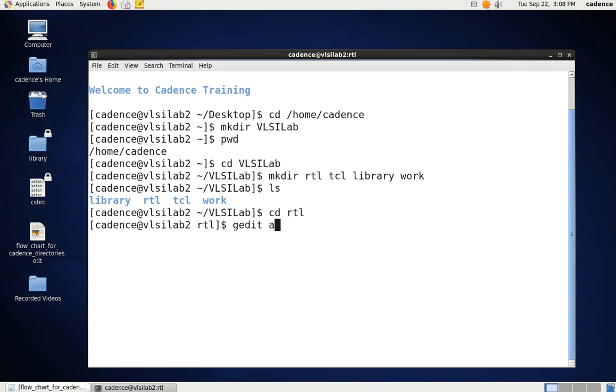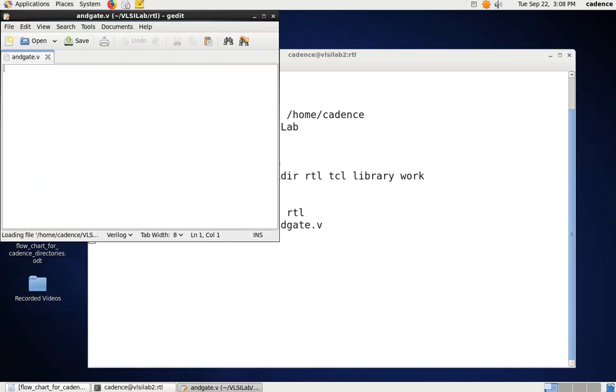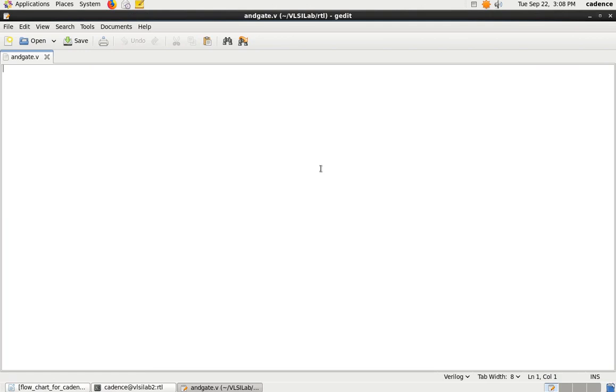Let me give a simple name. Let me give an experiment for AND gate. I am doing a simulation for AND gate, so I'll give AND gate, and the file extension you should give, that is very much important. The file extension is .v, because I am writing a Verilog code. So to invoke the file editor, the command is gedit. Fine. Okay. Now if I enter, the editor window will appear.